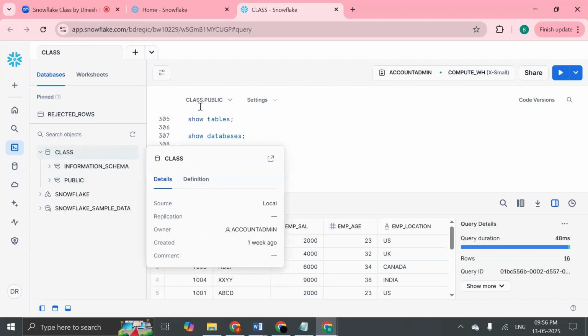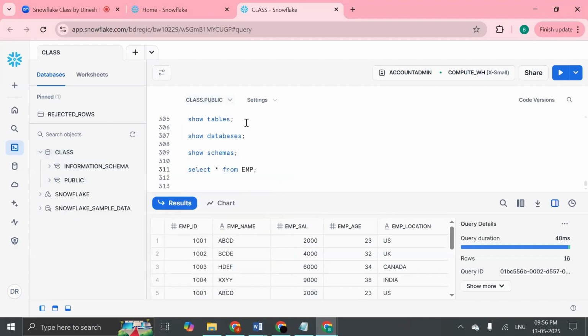Now, let's observe this. This is a database, right? Class database, a permanent database. Now I want to create a schema here. For example, create schema my_schema. So this is just the command: create schema, then the schema name. I am not mentioning any keyword here, whether permanent or transient. If I create it,